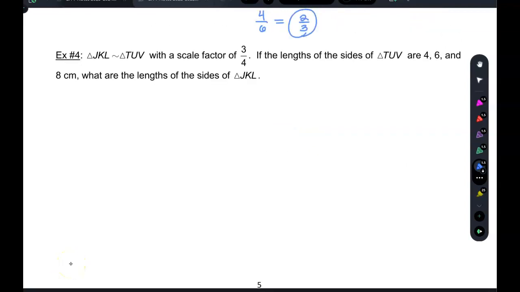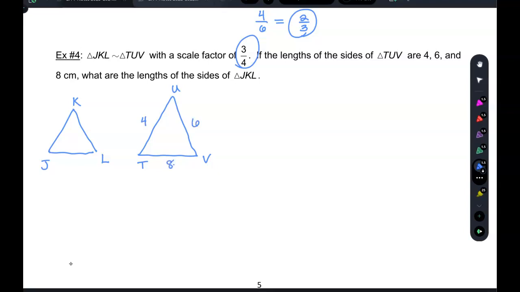Our last example, we have triangle JKL similar to TUV with a scale factor of 3 to 4. Okay, so I'll draw JKL, and I'll just make one a little bit bigger. It doesn't have to be perfect. TUV. All right, so the scale factor is 3 to 4. If the lengths of the sides of TUV are 4, 6, and 8, what are the lengths of the sides of JKL? Well, I don't know what any of these are. I'll just call them X, Y, and Z. So if the ratio is 3 to 4,